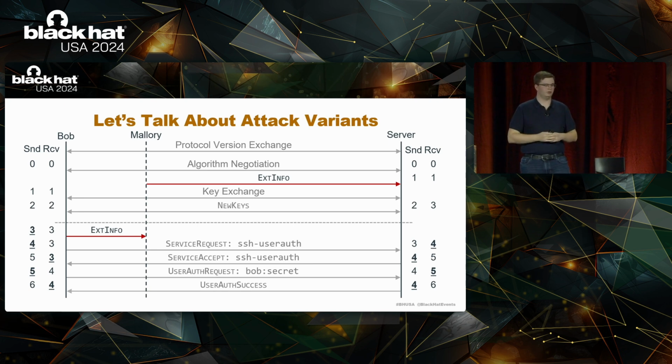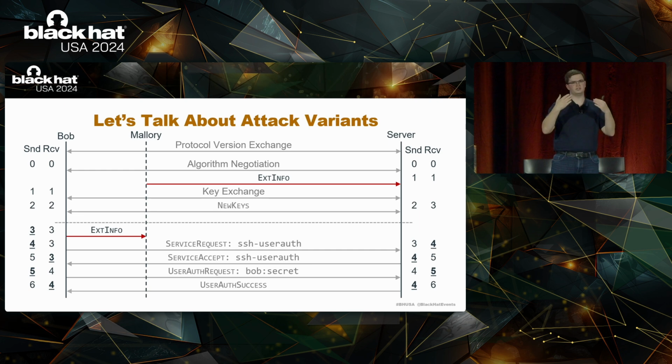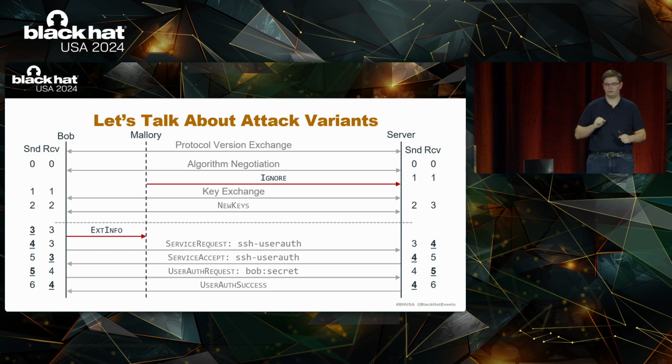Up until now, we only focused on inserting a message into the connection. And we removed this extension info message inside the secret channel for the sole purpose of realigning the sequence numbers. But we can also turn things around. So if we insert a message, which we call ignore, which actually exists in the SSH protocol, so there is a message that is designed to be ignored, we could offset the sequence numbers ahead of time and then remove a corresponding number of messages within the secret